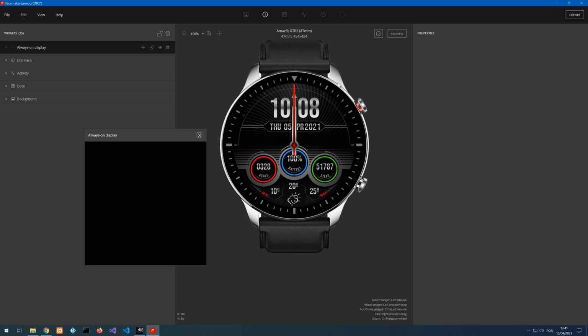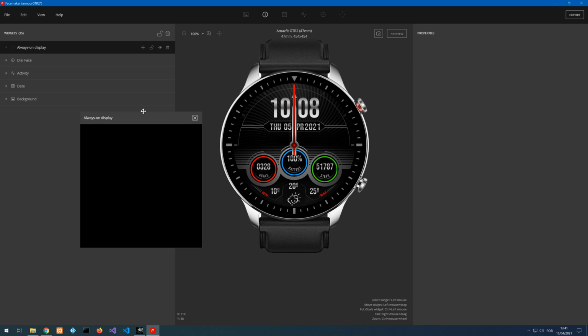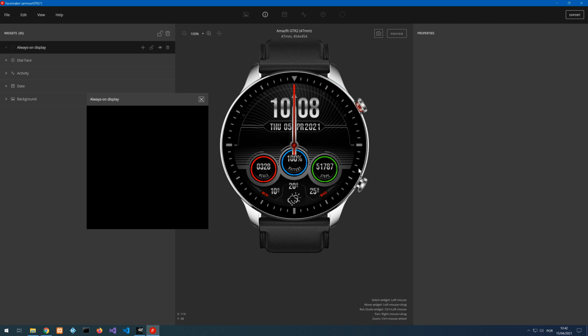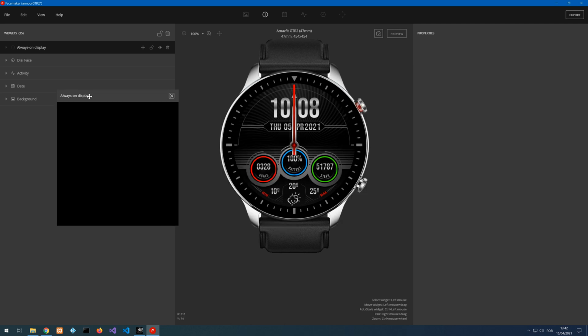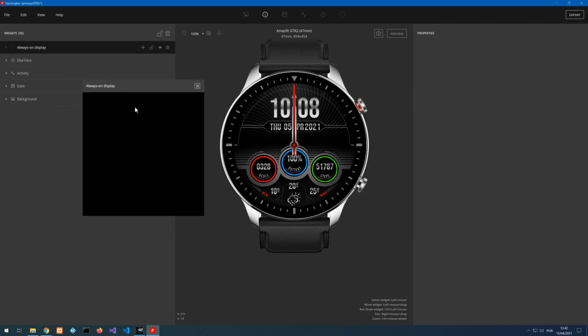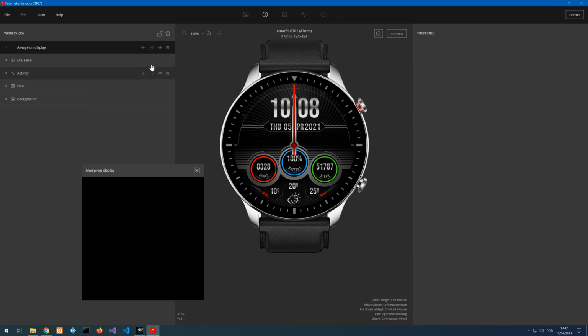So usually these smartwatches turn off the screen after a few seconds, and you can set it in the watch preferences. In this case, Amazfit has the always on display, which will appear when this one turns off. Okay, so we'll add a simple digital clock, and